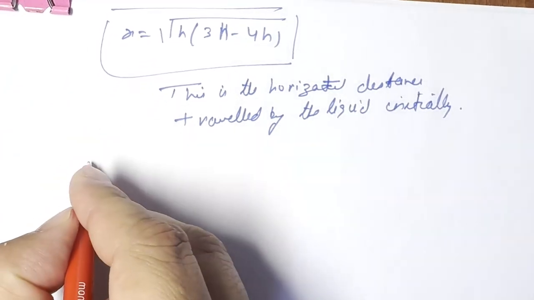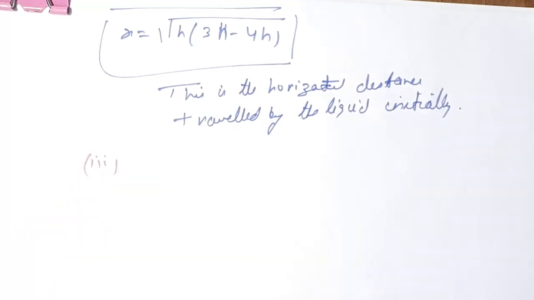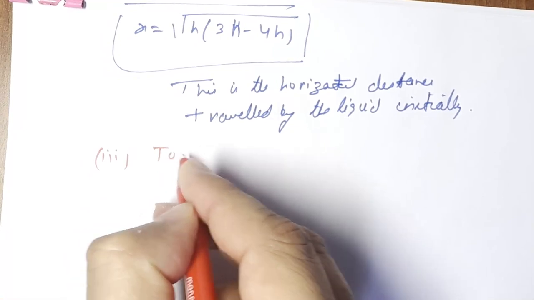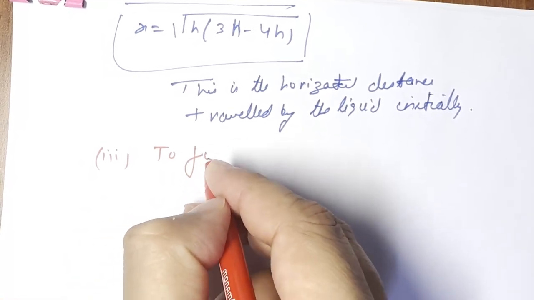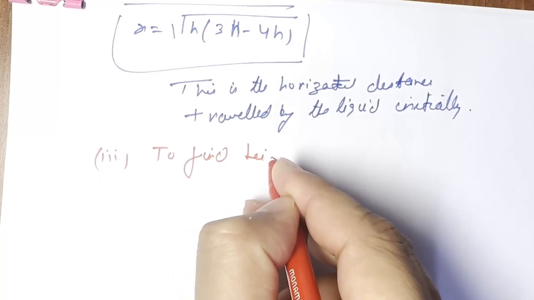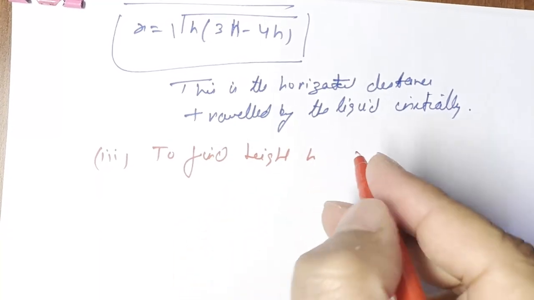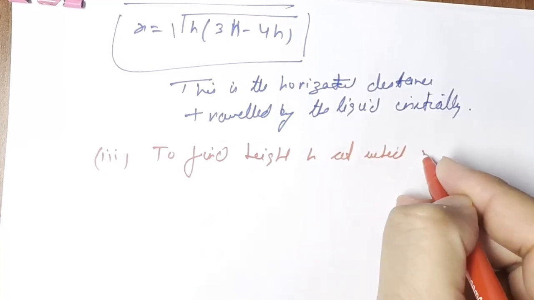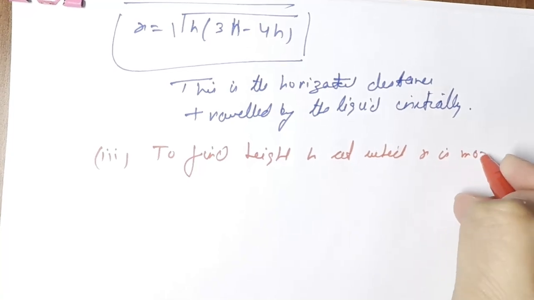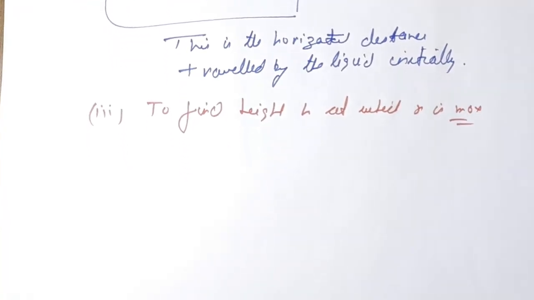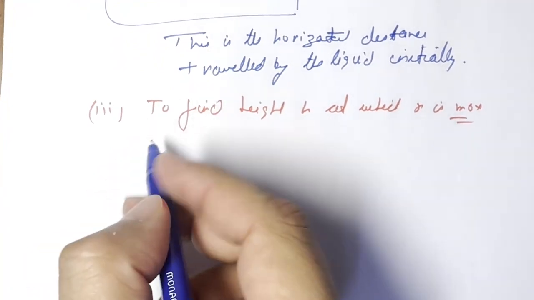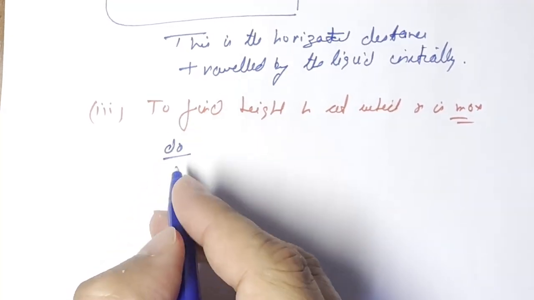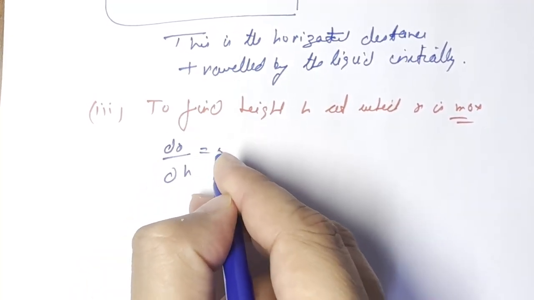So let us start with subpart 3. To find the height h at which x is maximum,